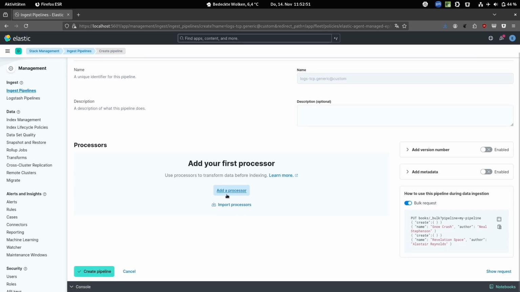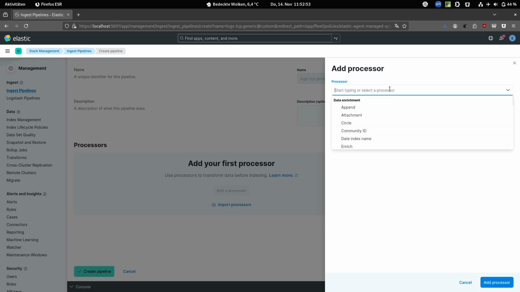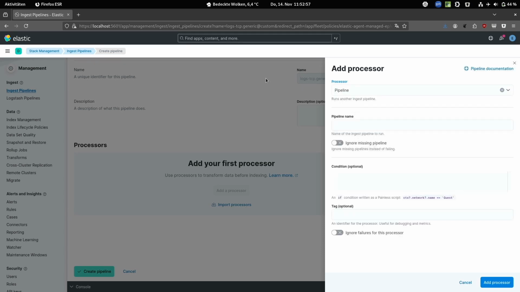Then I get this overview, and I can add my processors here. I choose a pipeline processor, and I have pipeline X, maybe somewhere in my system. I'm still developing. I avoid failing if it's not already there.